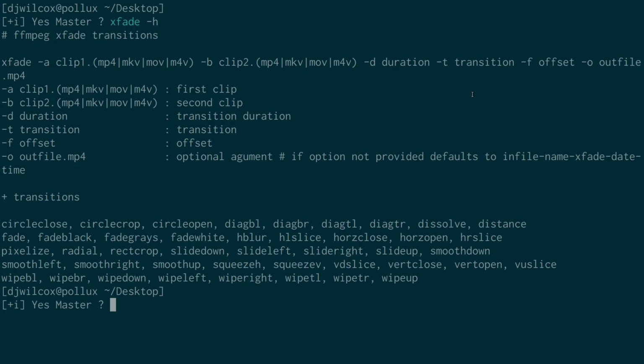So first of all, A and B, that's obviously the clips we're going to process. The -d for the duration is the duration of the transition. -t, transition, is the name of the transition, and these are all the transitions that we can apply. The offset, now what this is